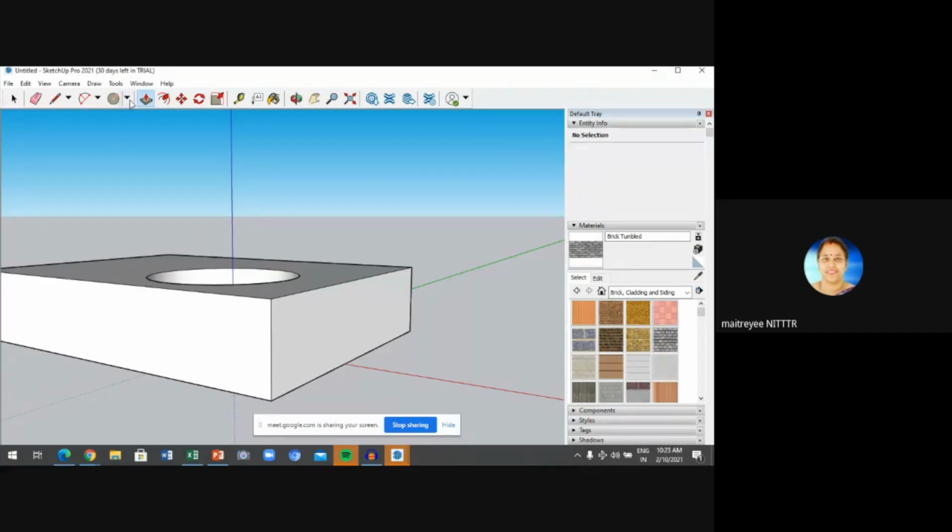For example, if you want it in the outside part, again I will click on it and draw like this, and it will be extended in the outside part.